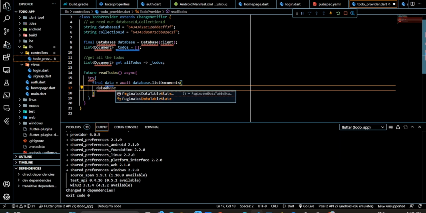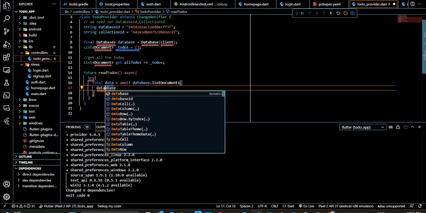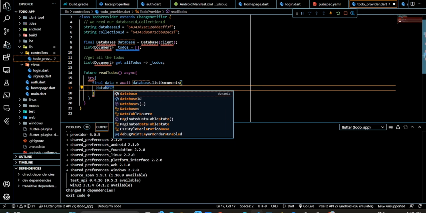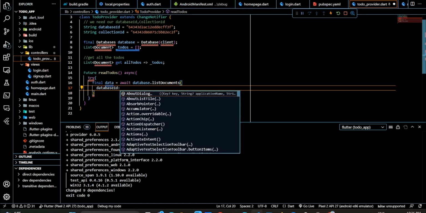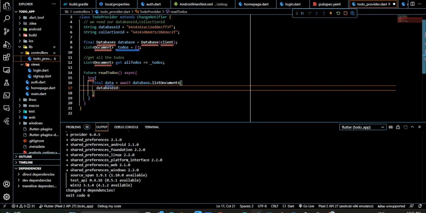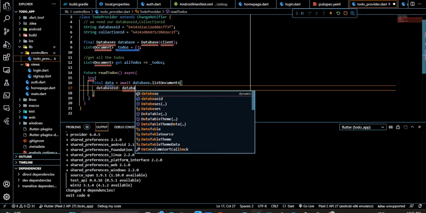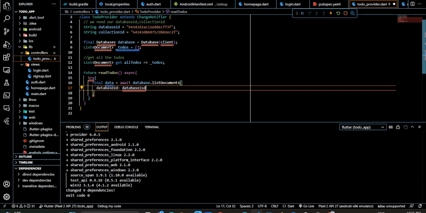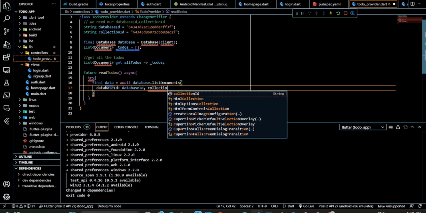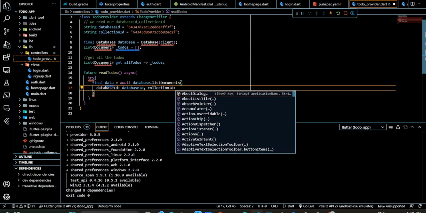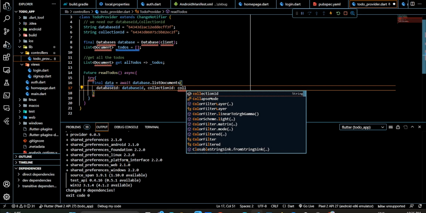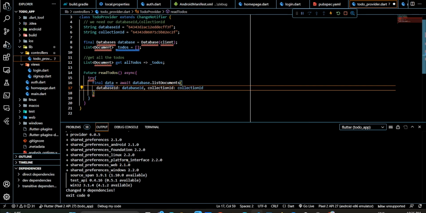Database id equal to what? Database id itself, and collection ID is collection ID itself. Let's close this,